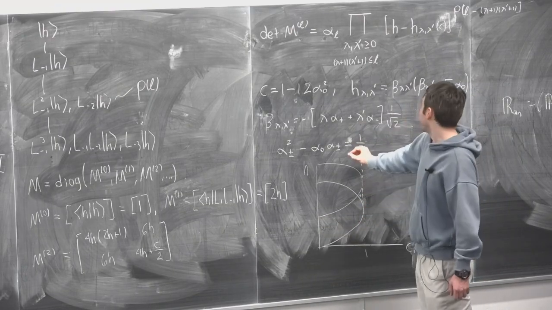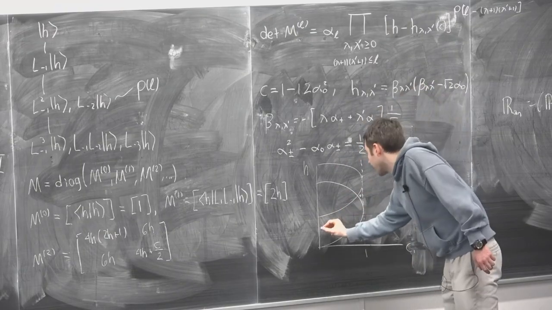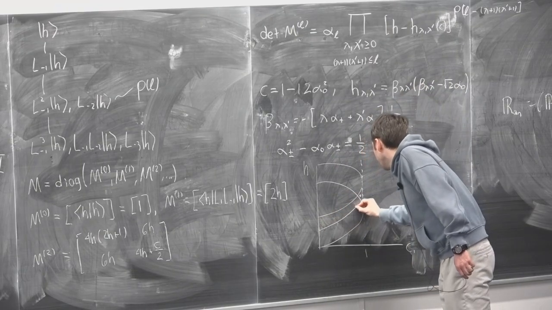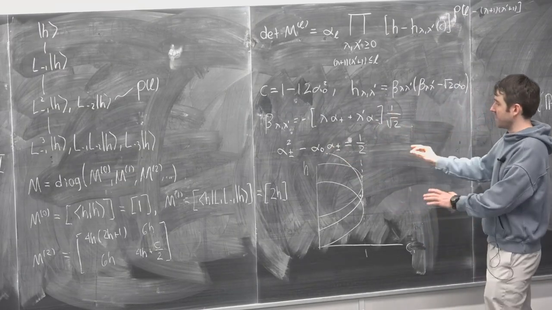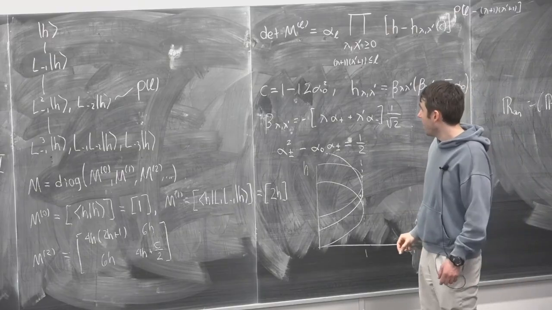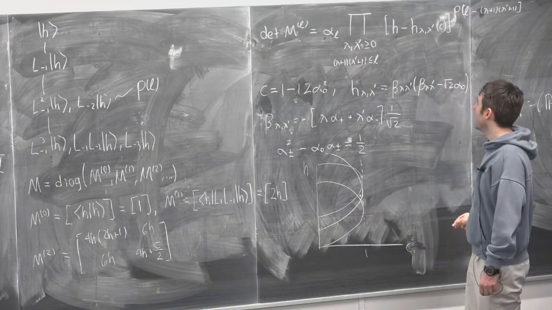But for almost every point in this half space, you'll be able to keep going and plot more curves such that you eventually do encircle this point. So there's some kind of density going on. And it turns out that if you want the central charge to be less than 1,